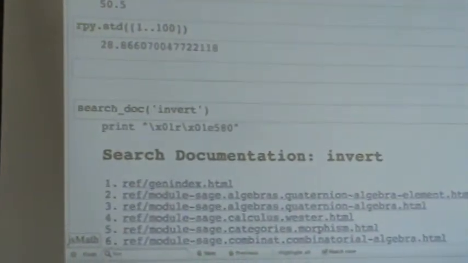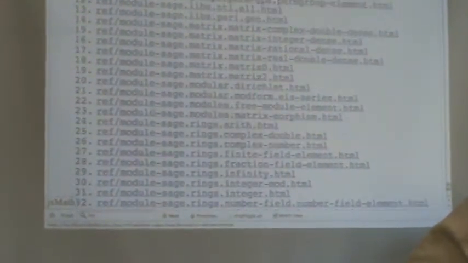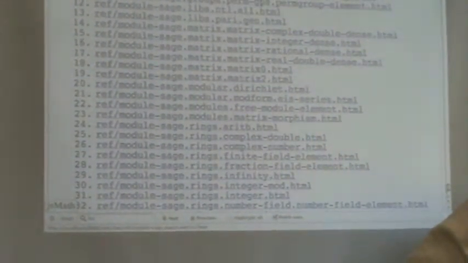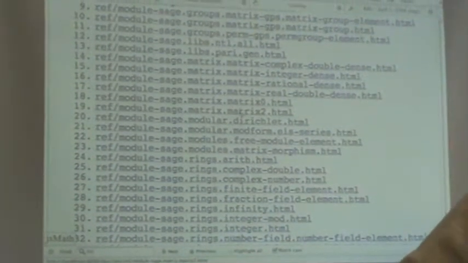Inverting the matrix. Okay. For that, you'd want to make a matrix, then type matrix dot, and then see what appears. But let's try just searching for the word invert. We're going to see all instances of, or every page in the entire Sage reference manual that includes the word invert. So you will see, in fact, there is some stuff involving matrices here, which you would find useful. So let me try, say, clicking on matrix 2.